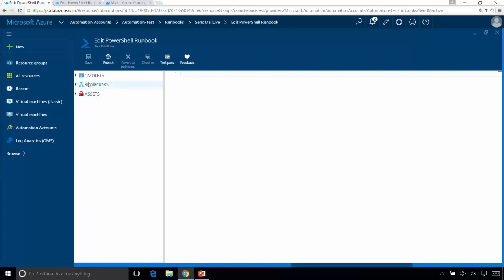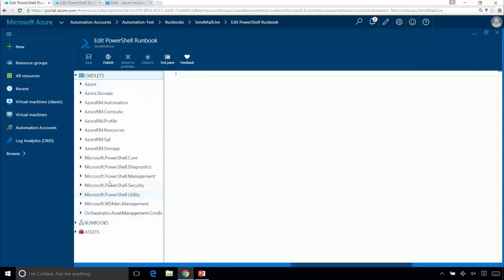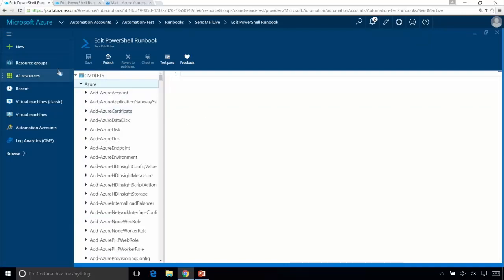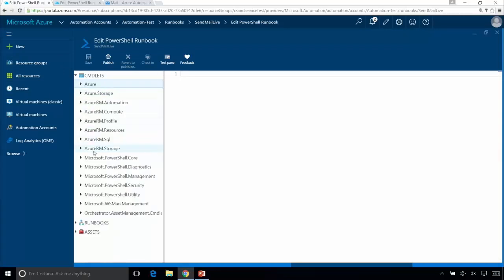One is that we have a library over here, and over here you can see all the different commandlets that were in your system. So when we went into that modules area of assets, those are all the ones that are showing up here. And you now have access to all of these to use within your runbook. They're grouped by module, essentially. You have all the Azure Classic modules, you have all the Azure RM ones here, and the one we're going to use today is down in this